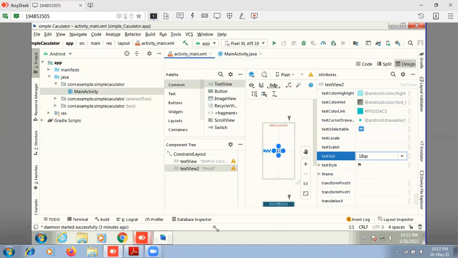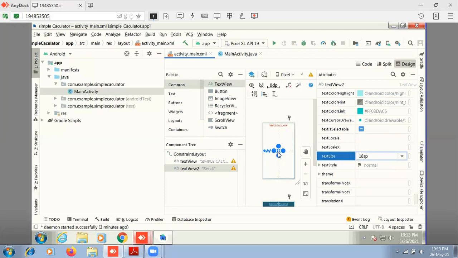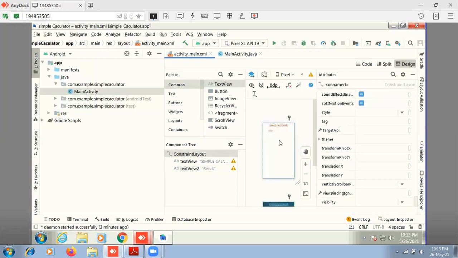And make sure, see, in the design, it is towards the left corner, left alignment. You can do left alignment also. Since it is a small program, I'll just align it to the left below the simple calculator. Okay, once that has been done,